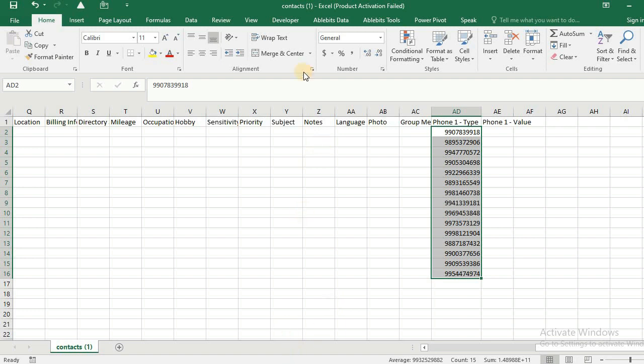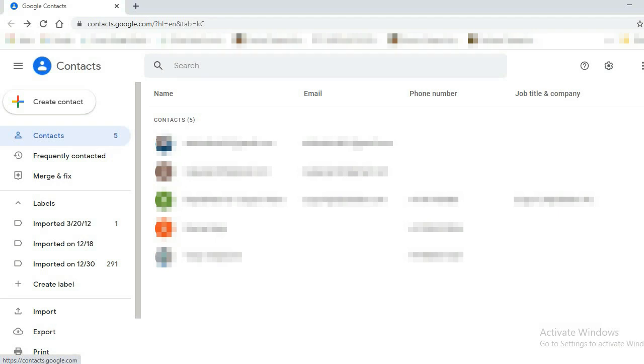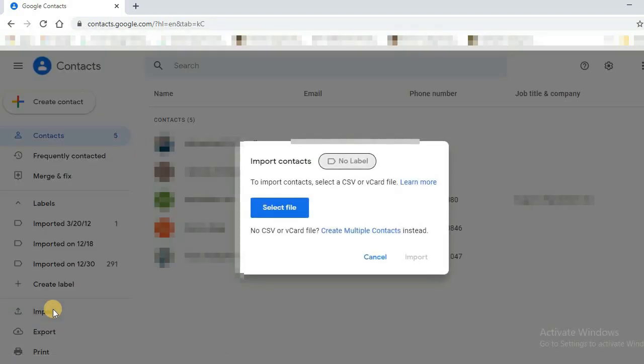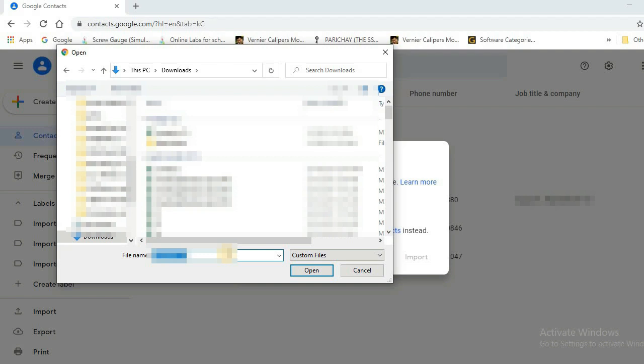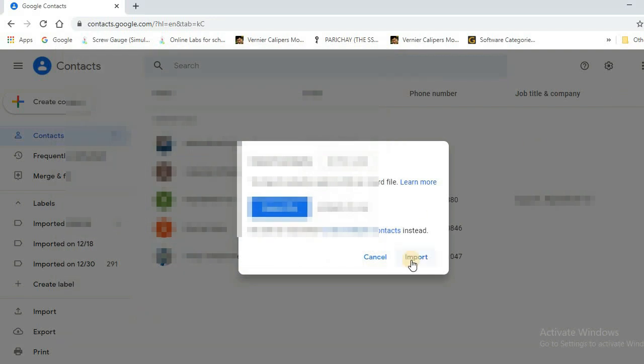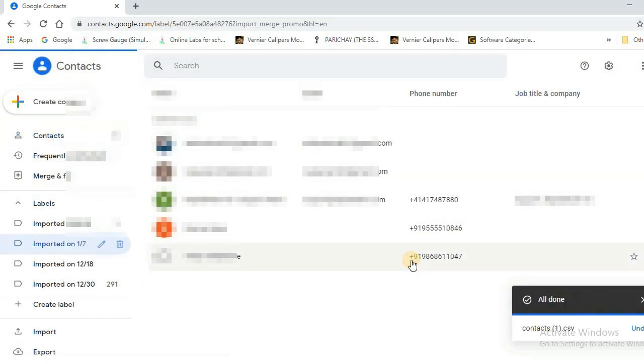Now I just need to import this CSV file to my Google Contacts. How can you do that? We will go to this one. I have to import, right? So I'm choosing import, select file. And I will just press the import button.